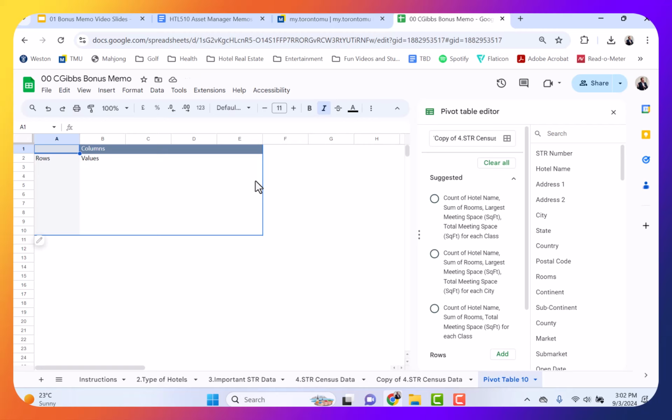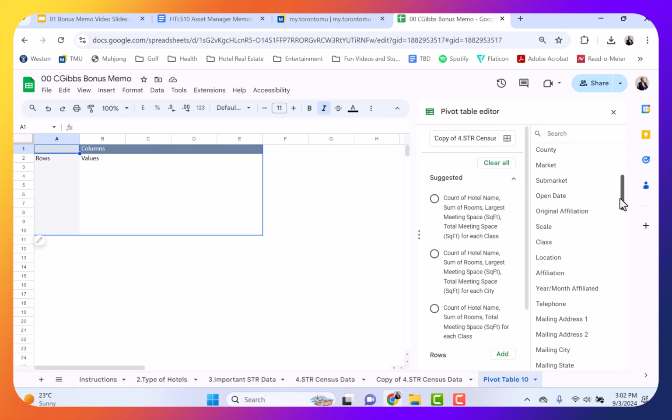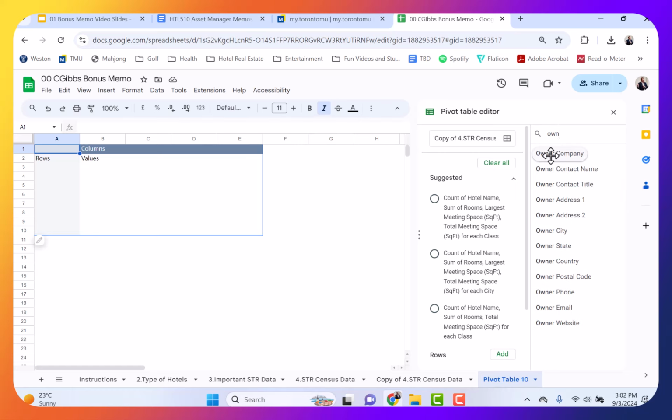And the first thing that I want to know is, I've got 250 different hotels. I want to know the owner that has 6 or more of them. So I'm going to scroll down to a row called owner, or I can type in here. I can go owner company. Oh, perfect. I'm going to take the owner company